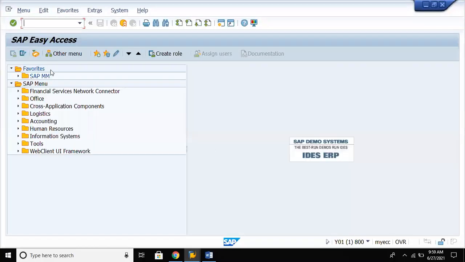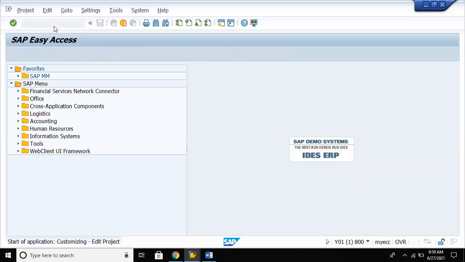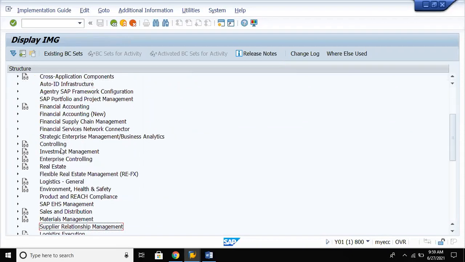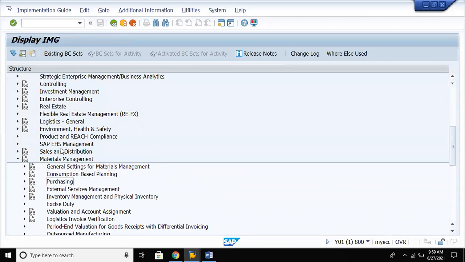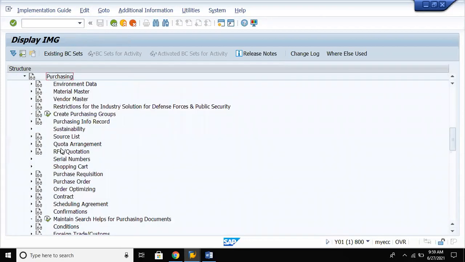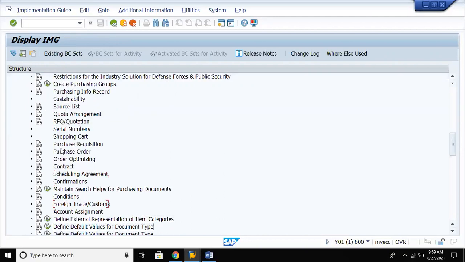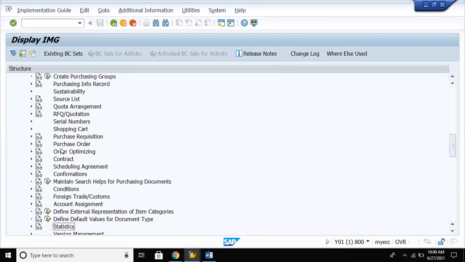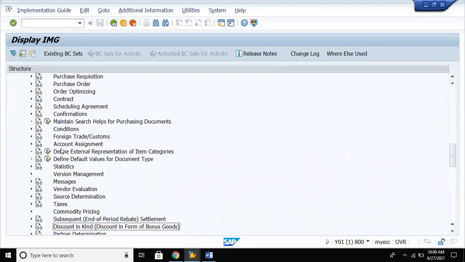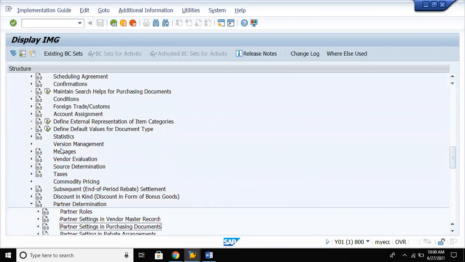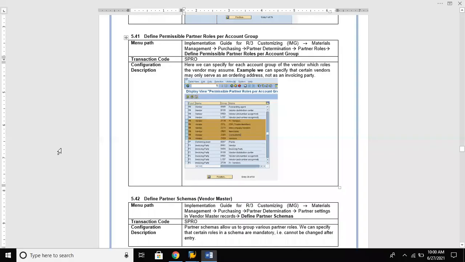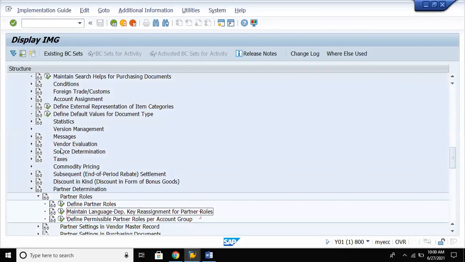The path is the same till purchasing: SPRO, SAP Reference IMG, Materials Management, Purchasing, then Partner Determination, then Partner Roles, then Define Permissible Partner Roles for Account Group.